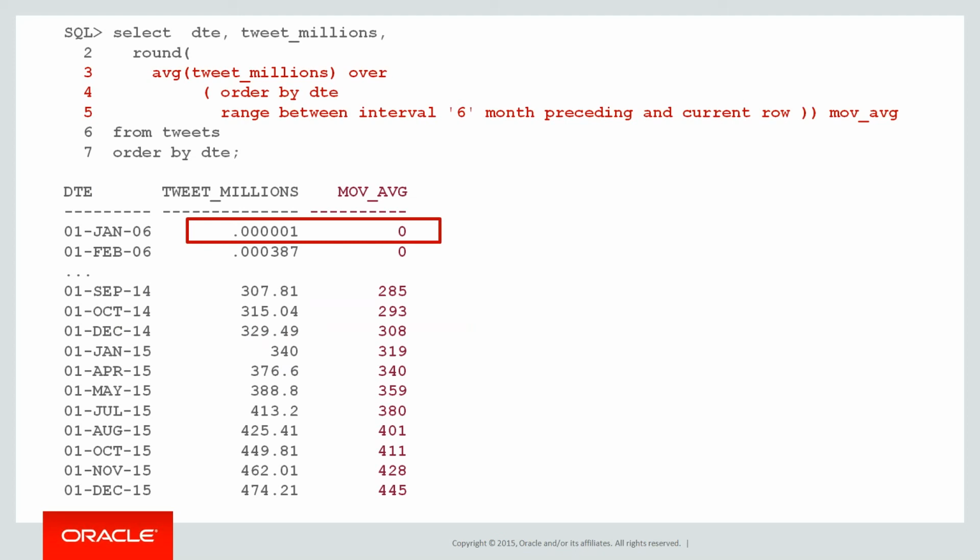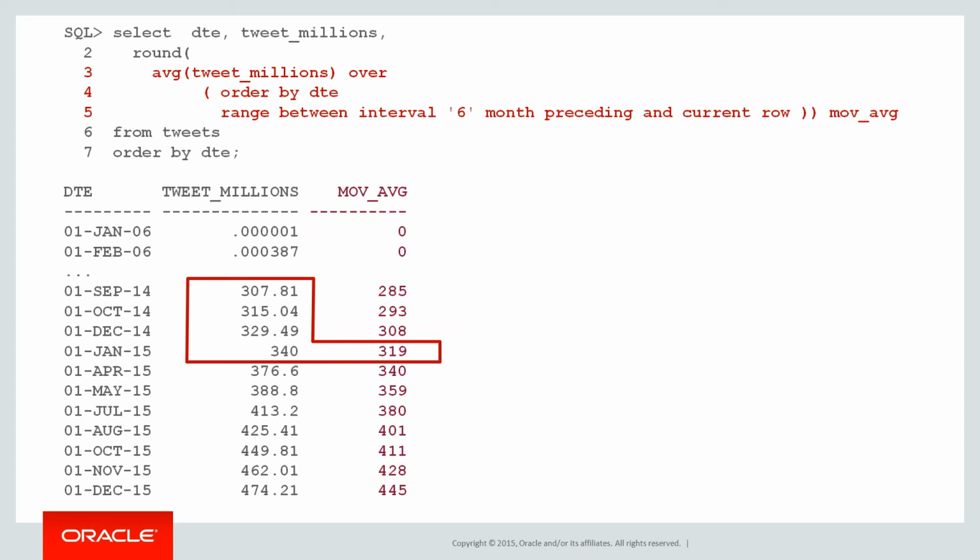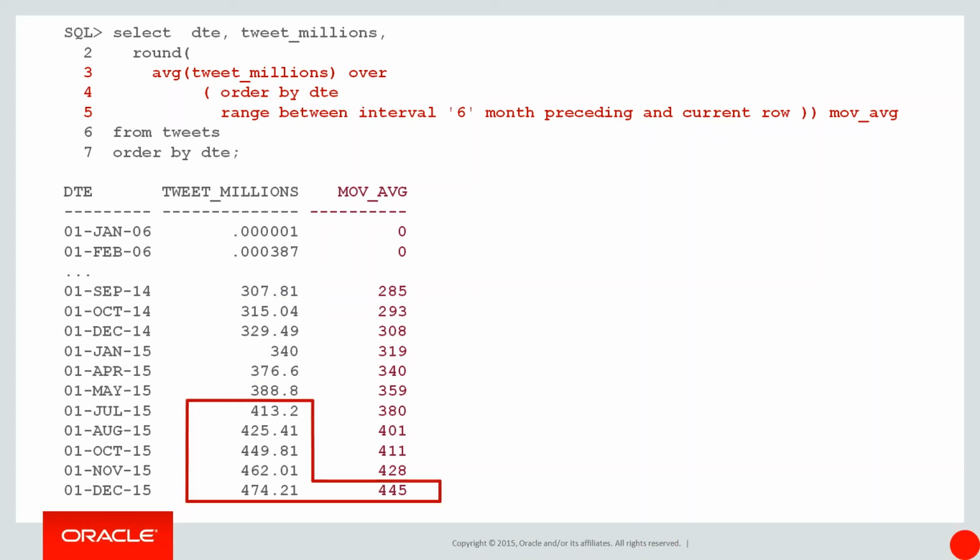As you can see, January 6th, the moving average was 0. In fact, it stays 0 for the first few iterations. You can see that by the time we get to January 15, we're actually looking back to the 1st of September, that's 14. So we actually spanned 4 rows there, right, to get our 6-month moving average. 4 rows again. By the time we get down to the bottom, 1st of December, we went back 5 rows because we had some sparse data. So the number of rows varies, but the range is fixed at 6 months.